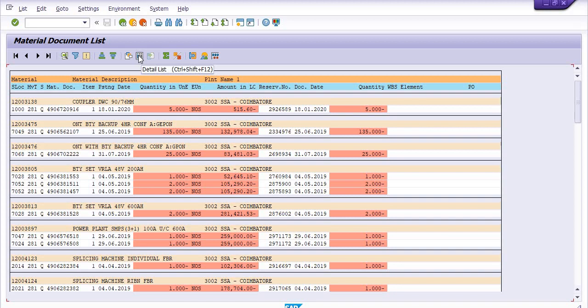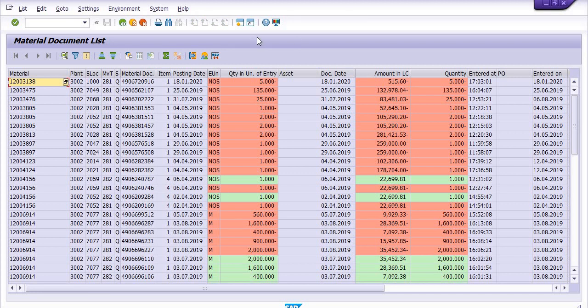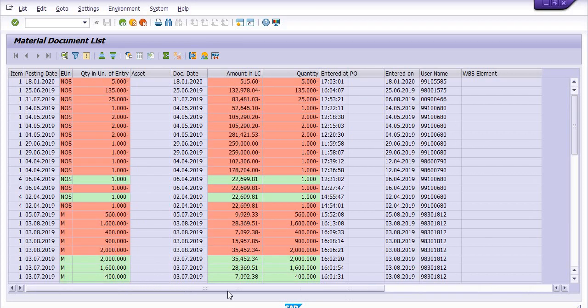The system will give you this data: material, plant, SLOC, movement type, material document number, posting date, entries, document date, amount, and everything.